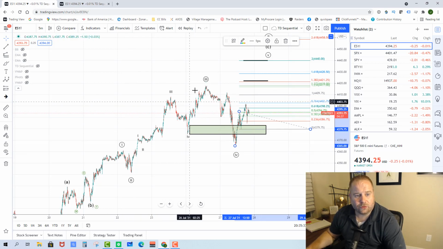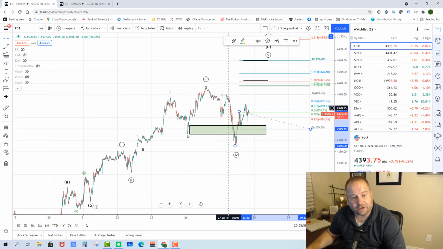Again, we have 1, 2, 3, 4 down today, and now we're starting 5 up, and it looks like our fib levels line up perfectly. This is a great setup. I think that even though the market tried to throw us a curveball by breaking below the support box, it did not invalidate. As you can see here, the top of wave 1 is right here. It would invalidate if wave 4 over here dipped down below wave 1. So if we draw a line across,